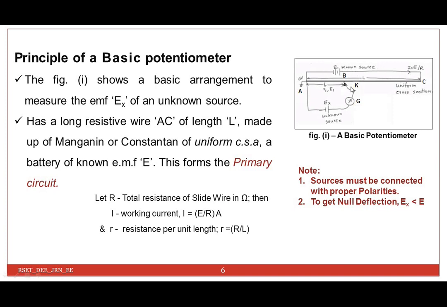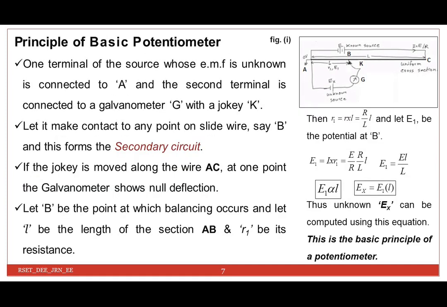Now, if the jockey is not making contact with this one, let us find the working current I, which is equal to E divided by R. Let small r be the resistance per unit length. The same can be determined as the ratio between capital R divided by capital L. So, small r, keep in mind, is the resistance per unit length. Now, let us see